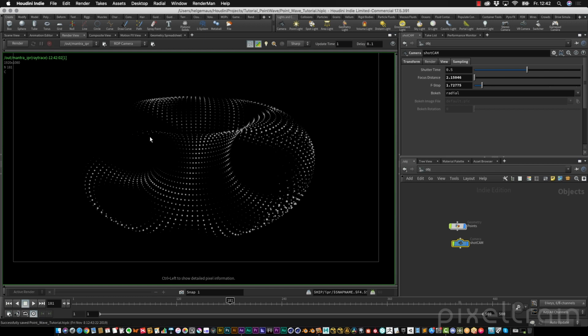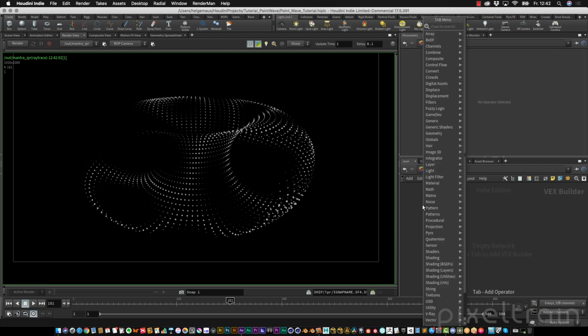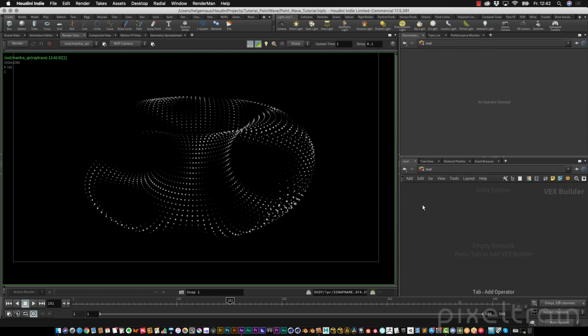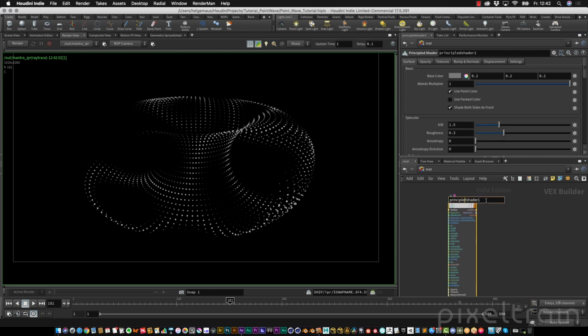And for this I stop it for a moment. Now it depends on the renderer engine which you want to use. In this tutorial we use now Mantra. So we go here into the /mat context. And we add a shader, and in my case I use now a principled shader, a Disney shader. So add it here, you can name it prin_points,